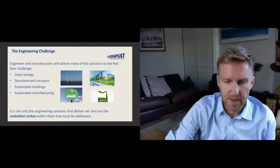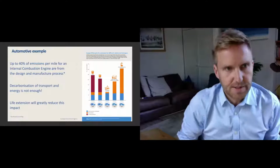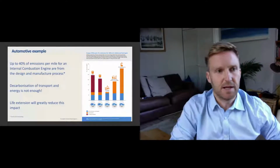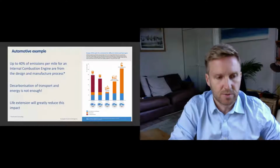As we can engineer solutions that reduce our life cycle contribution, we need to think about the embodied carbon within them. And I'll use an example from one sector, which isn't a sector most obviously associated with life engineering traditionally, but it's one that most can relate to quite clearly. So we look at automotive as an example sector. There's a range of studies out there, again, that will give you a range of emissions, but the one study from a group called Small World Consulting,